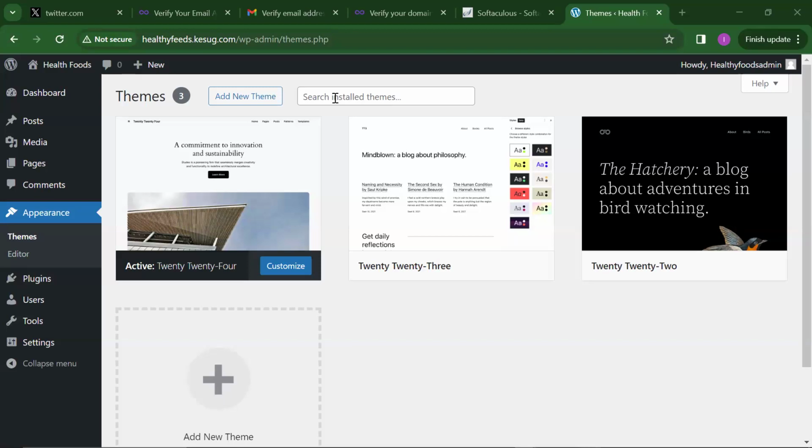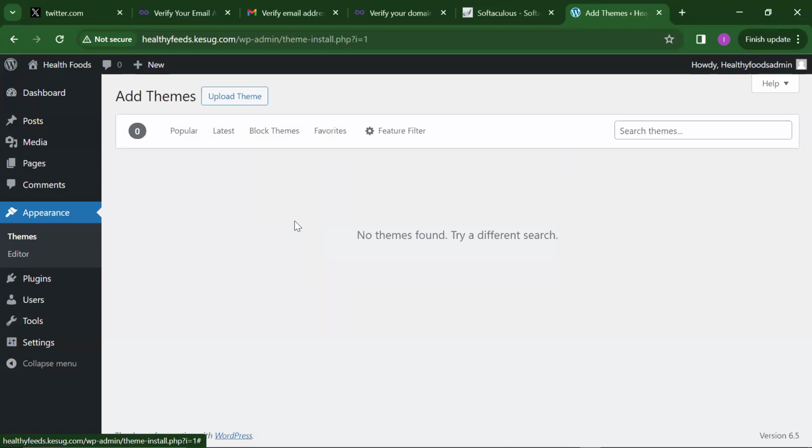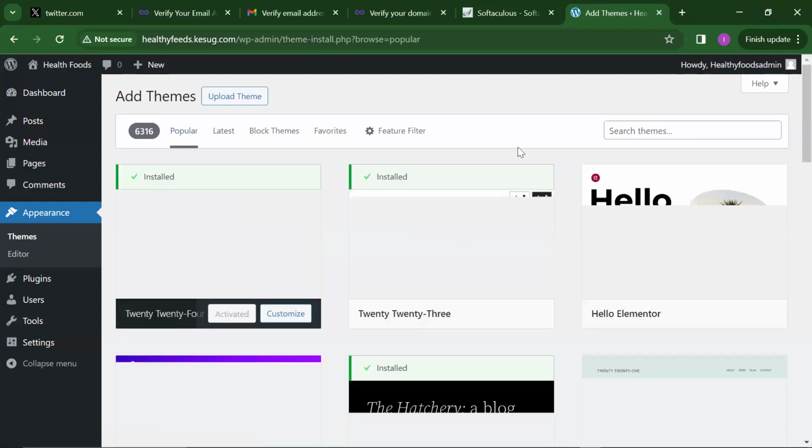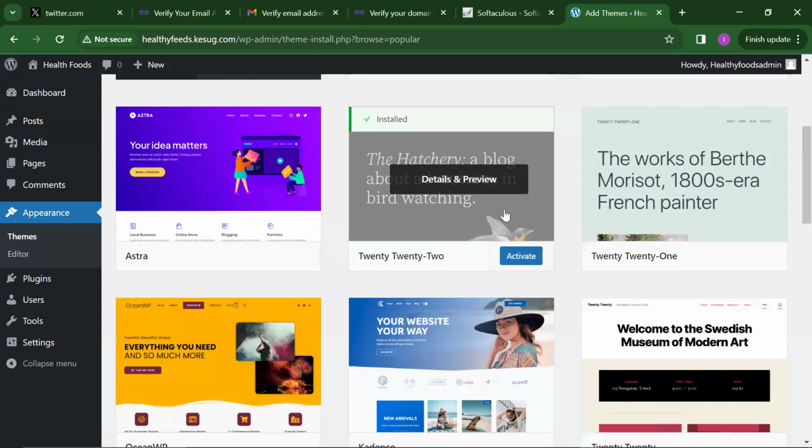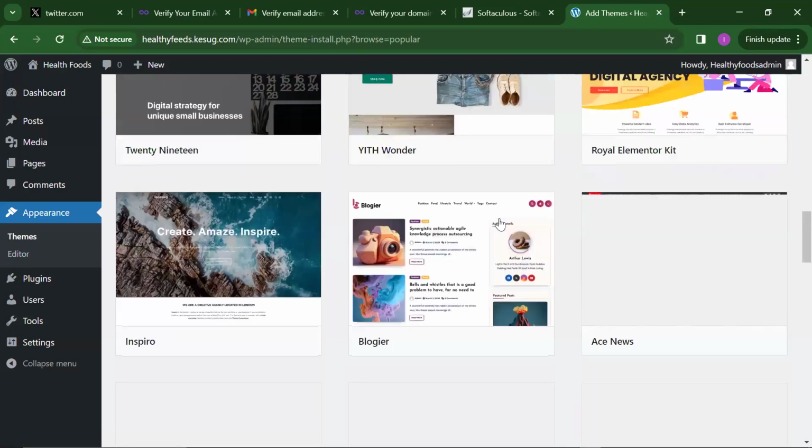Yeah. So this is where you now have themes, right? And of course, this is the default theme that WordPress gives to us. So if you want to change the theme, you can go to add new themes and it's now going to show you a list of no themes found. Yeah, so we'll go to the popular themes and we can see a list of WordPress themes that they offer, right? So this is, of course, to change the default look of your